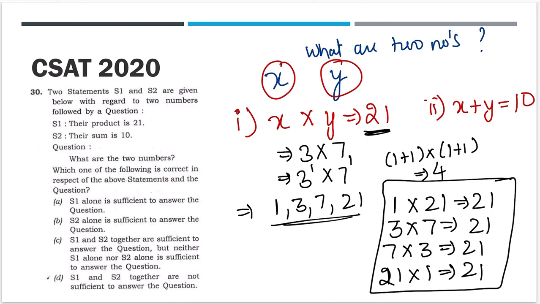Now tell me, can you tell me whether x or y is any number from only this? x could take many forms. x could be 1, 3, 7, 21, or y could also be 1, 3, 7, 21. If you don't want to take the repeats, let's remove these repeats, and you still only have x as 1 and 3 and y as 7 and 21. I hope this is clear. You can have x as 1 and 3 or y as 7 and 21. These are the possibilities of x and y. So still we cannot say what is x, what is y.